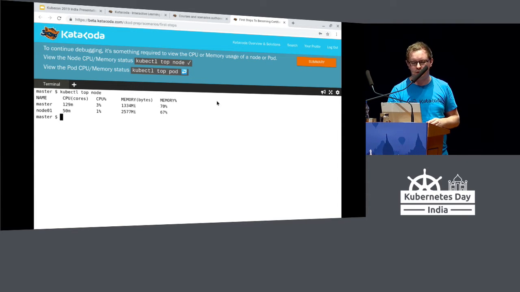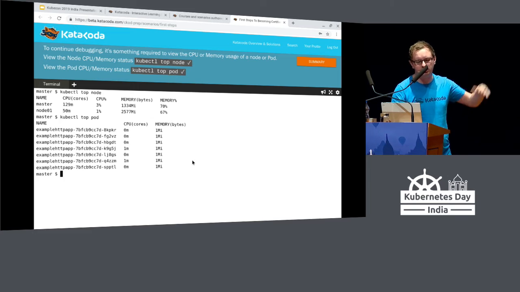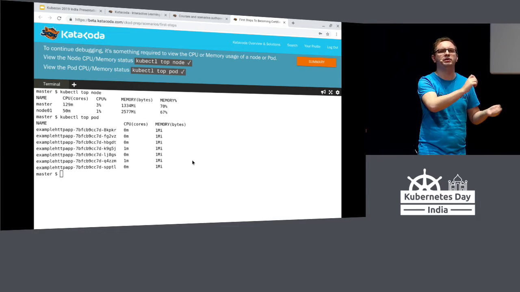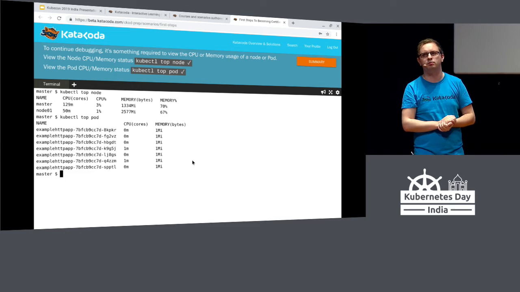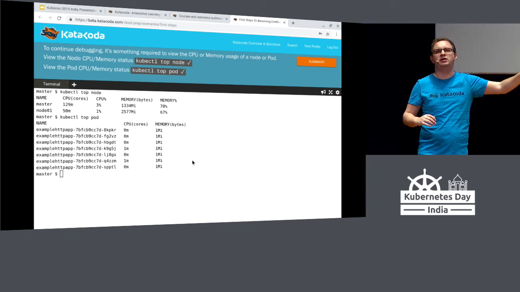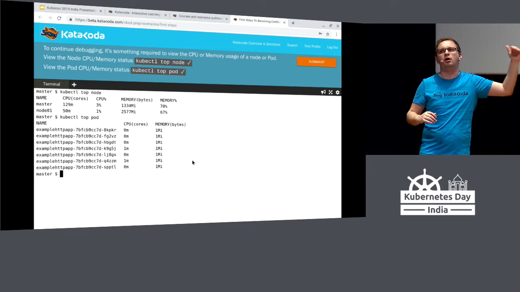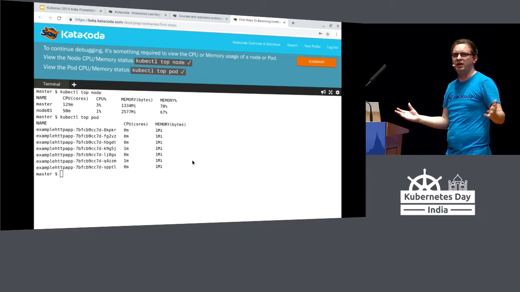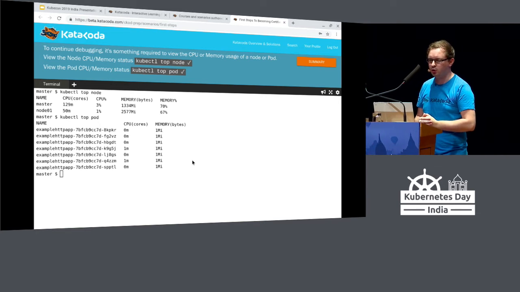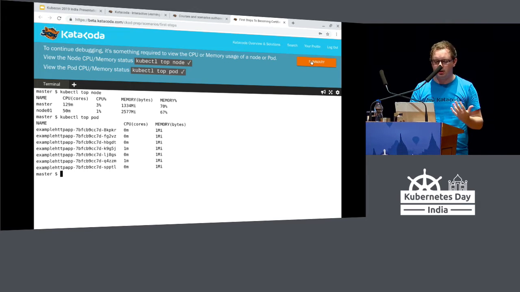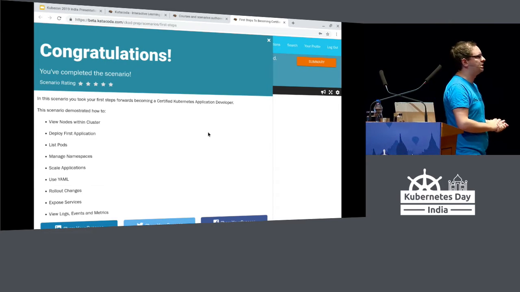And then we could use kubectl top pod, and that will actually give us more information at our pod level. So we could identify, is it one particular pod that is causing the problems? And then we could find the name, and then we could go off and use kubectl logs in order to see the logs and identify which problems may be occurring, or delete it and get Kubernetes to recreate it automatically for us. And so these are some of the core commands that you'll be using when you're dealing with Kubernetes on a daily basis.